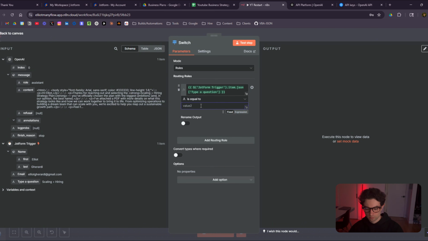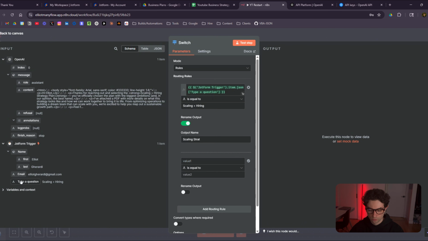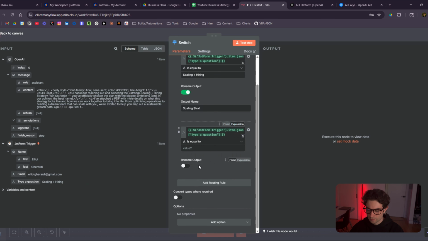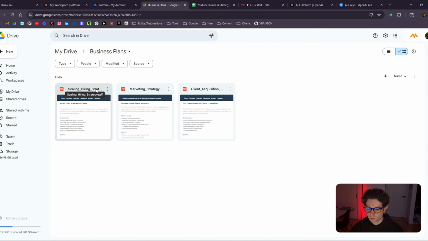So I'm gonna type it in exactly. I'm gonna hard code it, scaling plus hiring. Okay, here we can rename this to like scaling strat. So it'll be easy to find. Scaling strat, I'm gonna add an additional routing rule. I'm going to drag this in here again. Here this time I want it to equal marketing strategy. And then our last one, if I go to my Google Drive, I believe it's called,